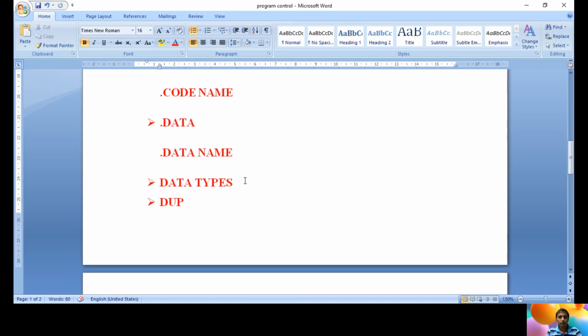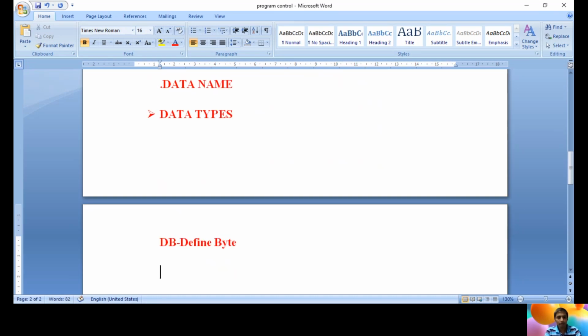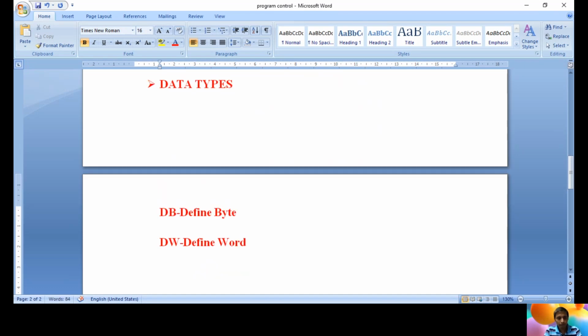Coming to the next one, data types. We have many data types, even in assembler directives. Let us see the various data types. One is DB, which is define byte. Then DW, define word. DD is define double word.